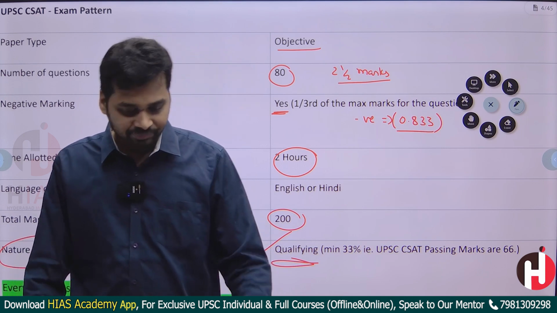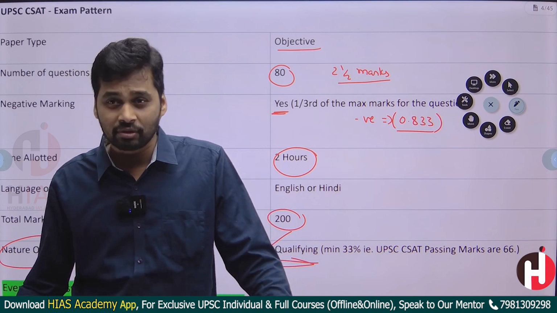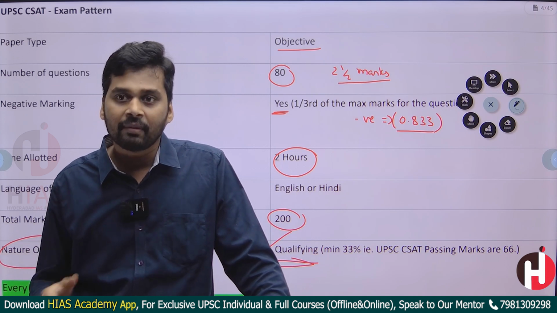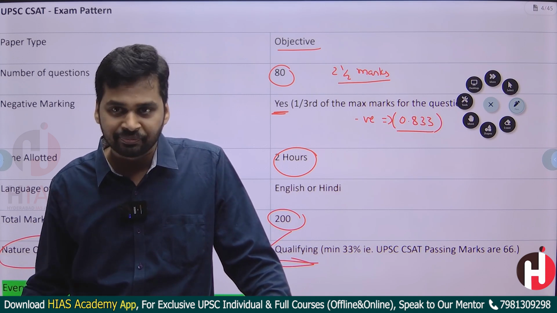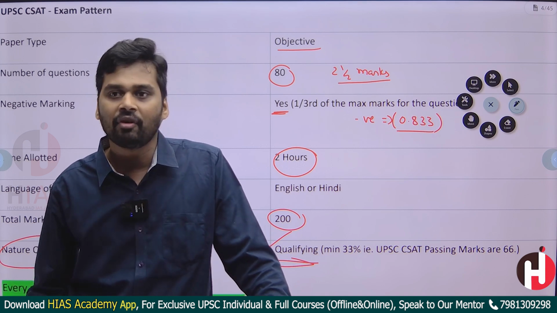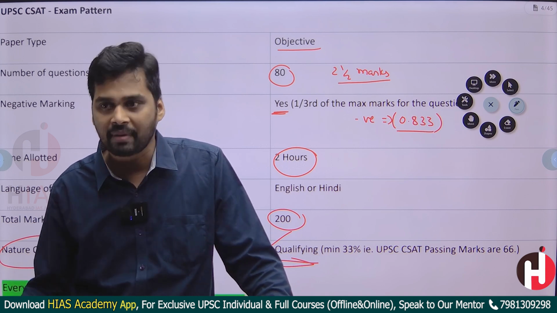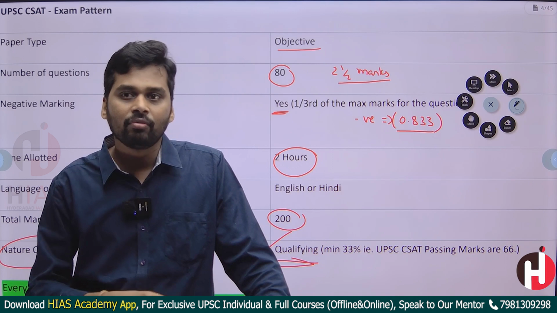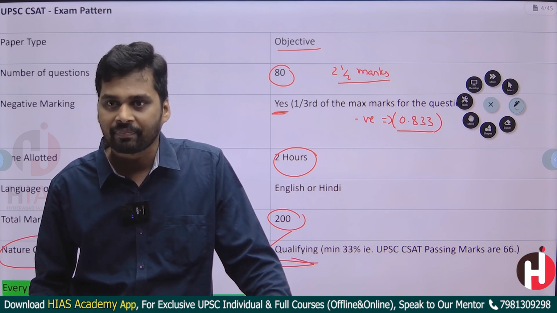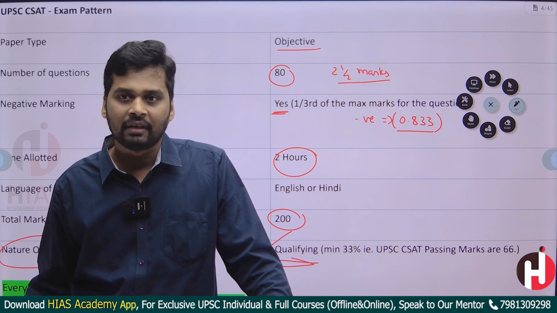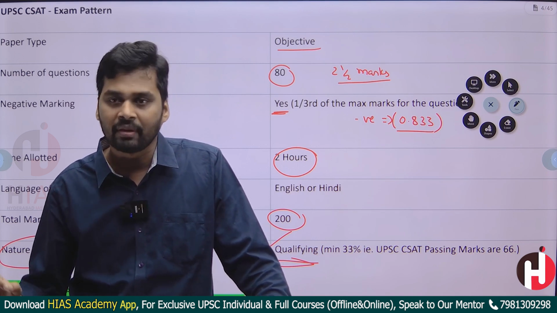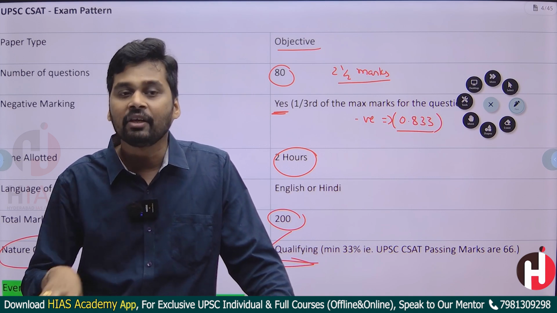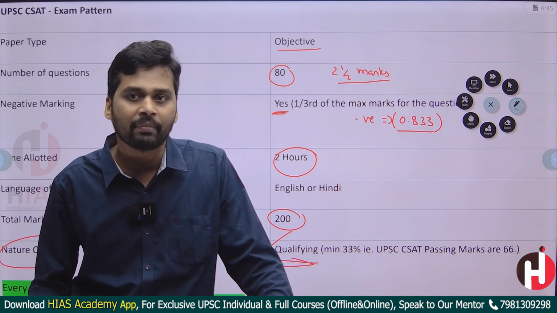And one more thing, as I already mentioned, so many students who are exceptionally good at GS paper 1 are unable to crack this one. There are two reasons. One reason is that if you are a non-math background student, if you are not good at maths, maybe you feel some difficulty to qualify this paper. The second reason is that 90% of the students make this mistake: just because it is a qualifying paper, they completely ignore it.